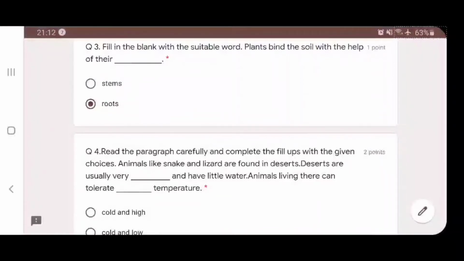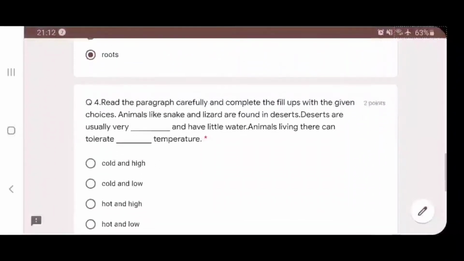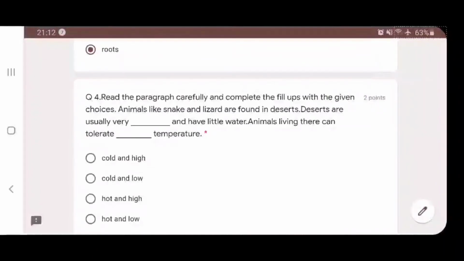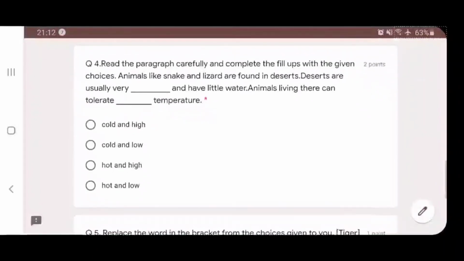So now there are 2 blanks here and the child has to think and fill up both the blanks. That means he needs to choose. So it will be hot and high. Now to confuse him, the other categories are very confusing, right? So he has to read it carefully and then solve it.